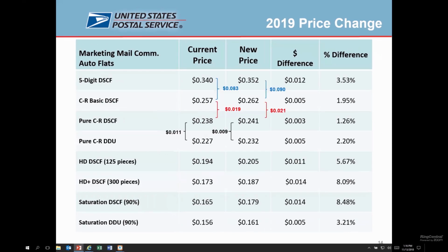Flats. Some things here, we're trying to address some pass-throughs as well. Two things, when it comes to high density plus, and saturation, DSCF entered flats. We have a pass-through issue here we're trying to address as ordered by the PRC. We did address that in this case, which led to higher than average increases in those three categories, with saturation receiving the highest increase. We also were trying to incent pure carrier route pallets dropped at the DSCF and the